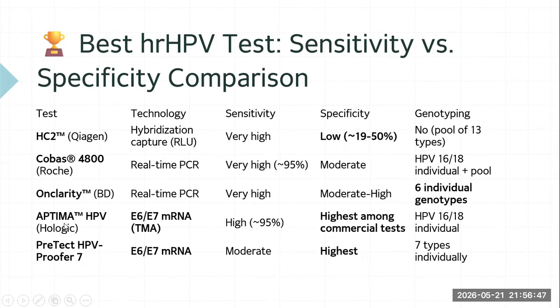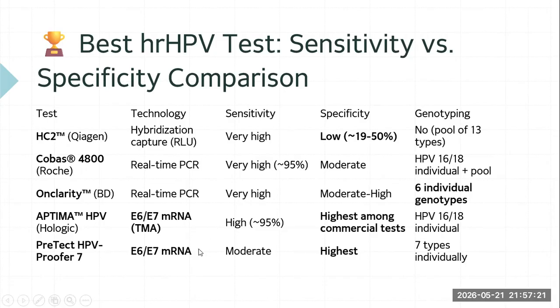So for that, Aptima is considered the best, followed by the Hologic, because the technology uses messenger RNA. I've already told you that messenger RNA is a very good way, now coming in a big way, because it improves the specificity. The sensitivity is very high and the specificity is highest among the commercial tests. But the problem is that messenger RNA testing is still in the developing phase, so they can only detect HPV 16 and